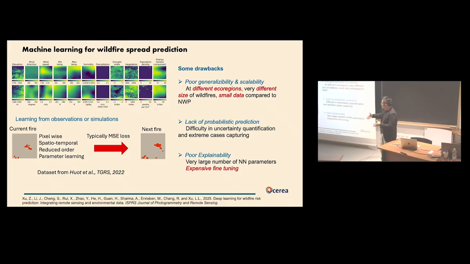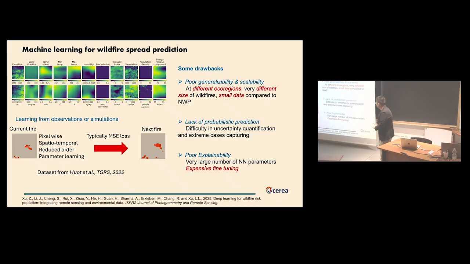And another specific thing is wildfires are so heterogeneous in terms of scales. You get very large wildfires that contain a lot of pixels, and you have very small wildfires, which usually dominate your data set. So if you train the neural network, sometimes you find that the training will be overfitting on the small wildfires. It will try to predict that nothing happens, because in that case, you're using MSE loss, and it's the safest way to get a low MSE loss. It will not predict the extreme cases, but in wildfire, actually it's the extreme cases which are more interesting